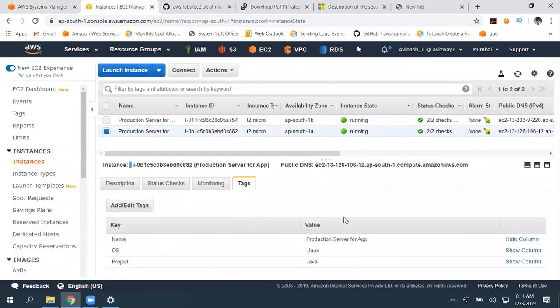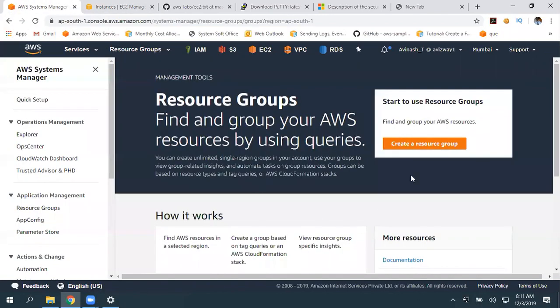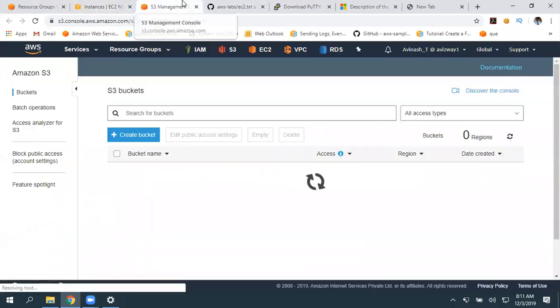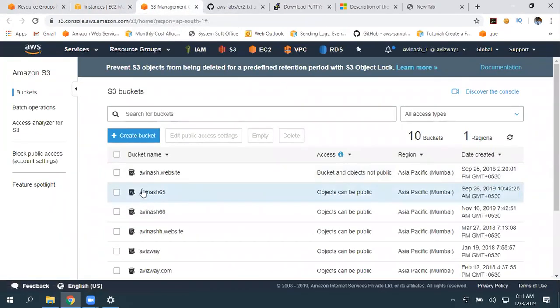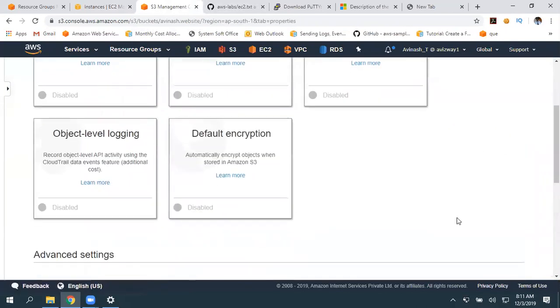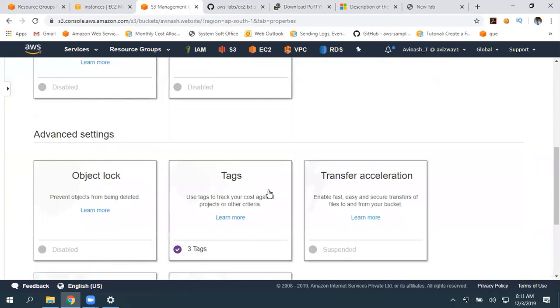I want to filter all the resources used for the Java project. Then I can use this resource group feature to create a resource group. Not only this, let me quickly add this tag to a couple of S3 buckets. It may take some time to propagate the changes. We'll see. So, tags.